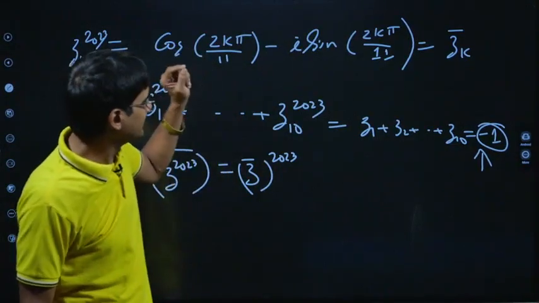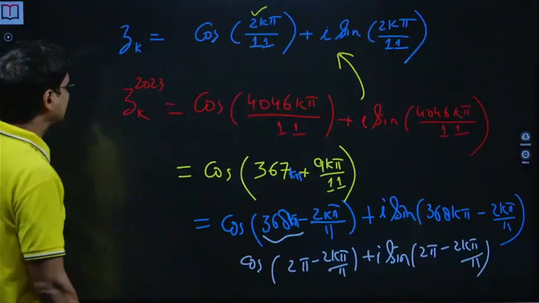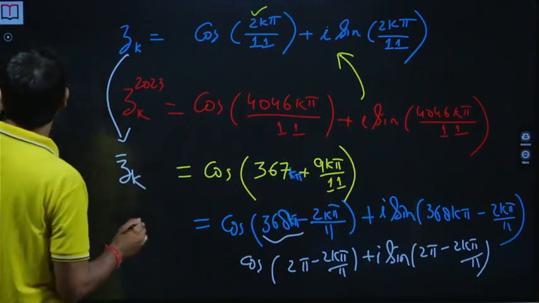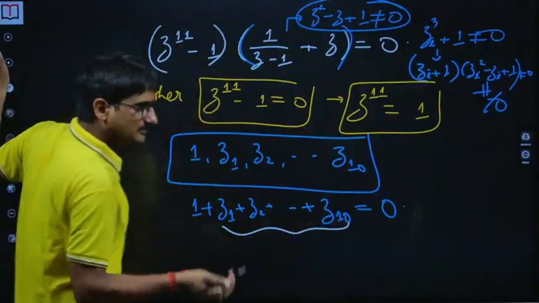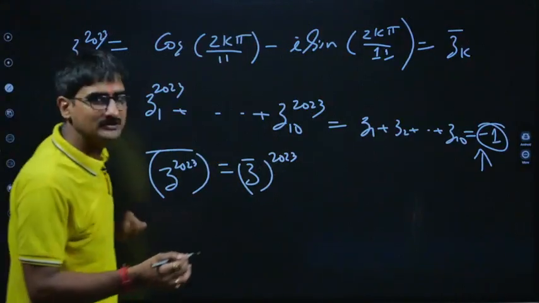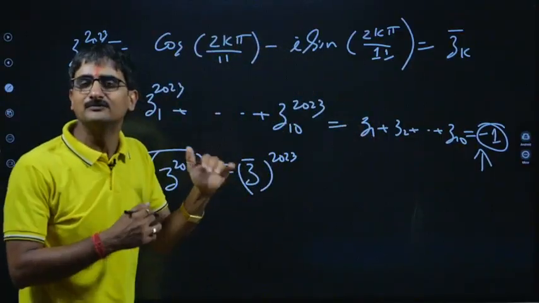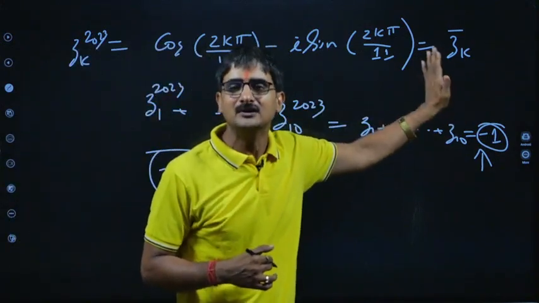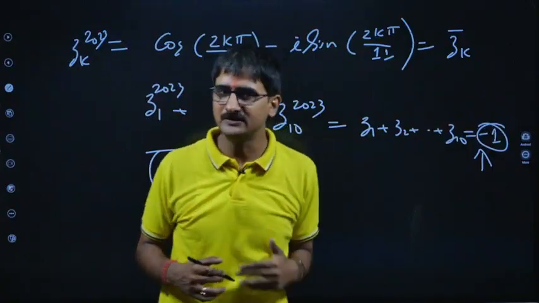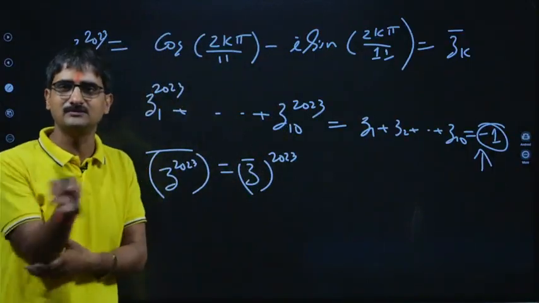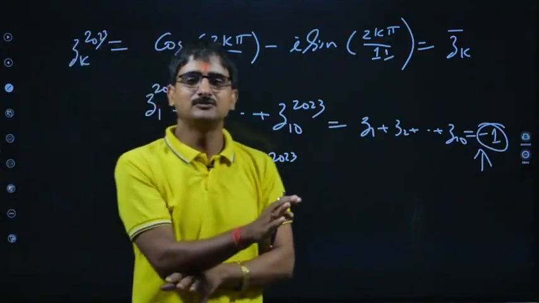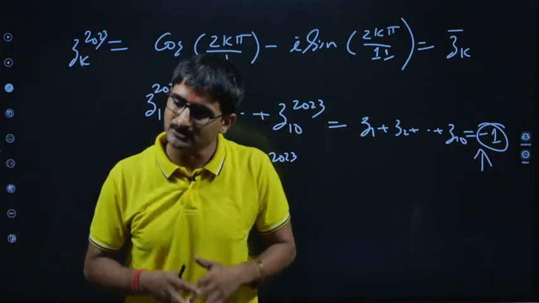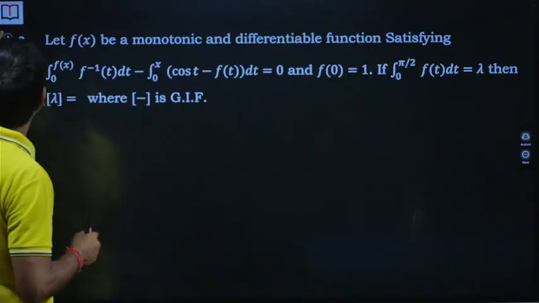Okay, if you wish, I can try to explain it again. If zk is a root, then its conjugate will also be one of the roots among these 10. Okay, so zk raised to the power 2023 is actually zk bar. So there will be some power which will give you zk. If you have a root, then you always have its conjugate for any real polynomial equation. So ultimately from z1 to z10, when you raise all to 2023, they will just shift their position. But all those 10 roots you are again going to get in any case. Okay, so that was the logic here. So that was the first question.